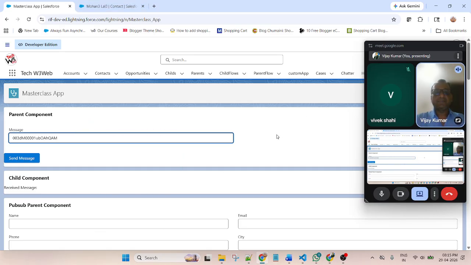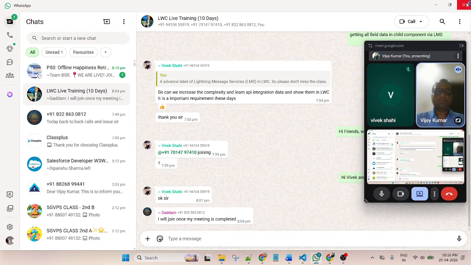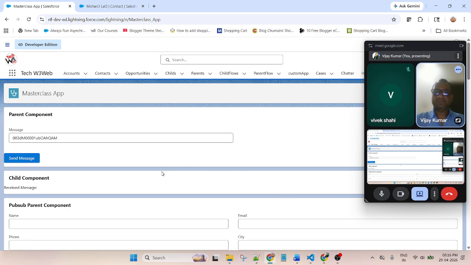After that, we'll create another input field. If we put any value in the input field and click the button, we'll update the same record through LMS. So this is a real lab demo scenario that is working in the office. It is an advanced level of LMS. So first of all, we'll work on the parent component. Let me close all of the files.